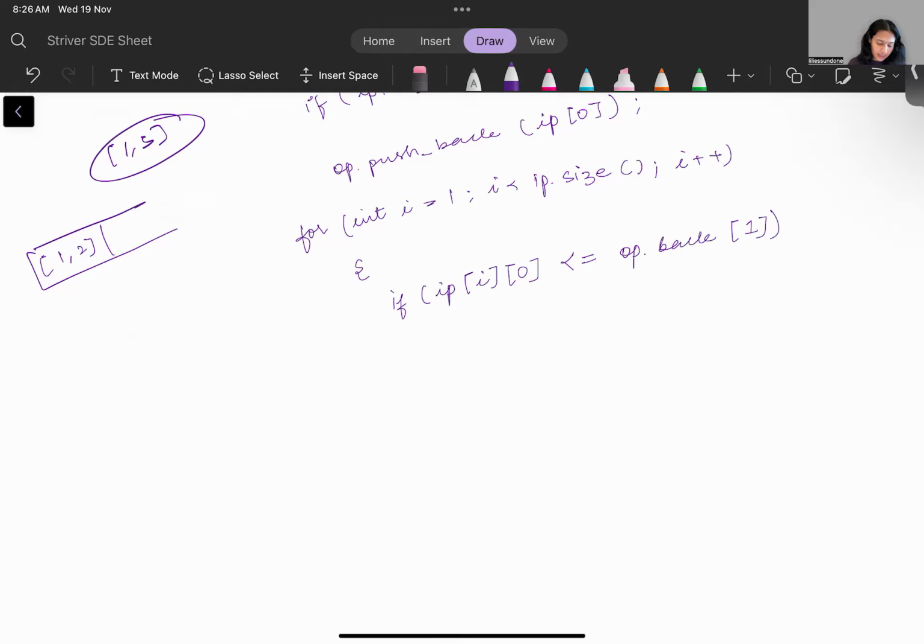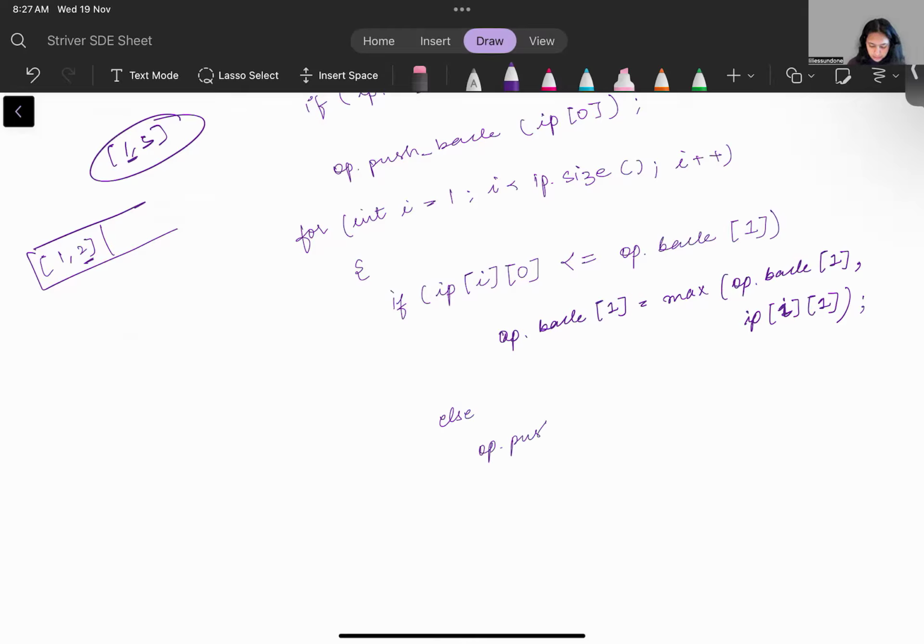If IP i 0 is less than or equal to OP dot back 1, okay, then OP dot back 1 is max of OP dot back 1 comma IP i 1. Okay, makes sense? Else